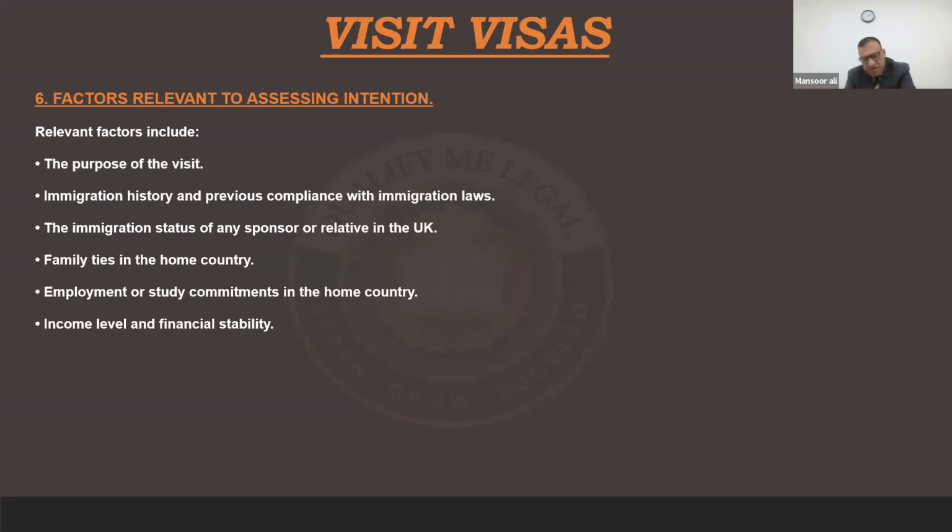I have noticed some professionals complete the visit visa application on the phone. They take their clients on the phone, and thereafter they start completing the application form. The second way is they invite their clients to their office. They sit face to face, they pose the questions, and the client answers those questions, and this is how they complete their application form. This is an unprofessional way. I'll not suggest you complete the application form this way.